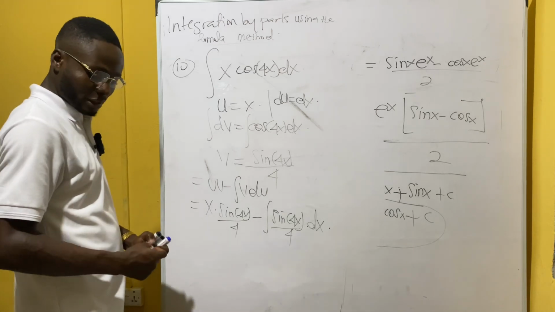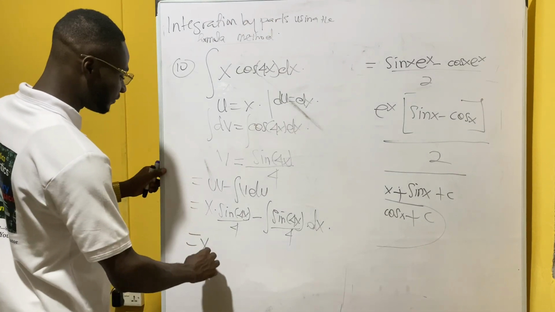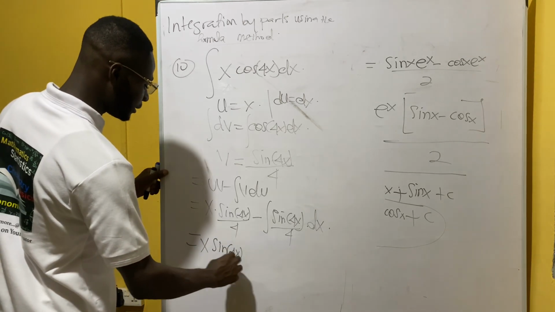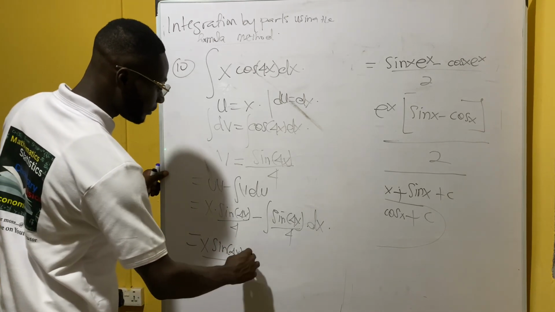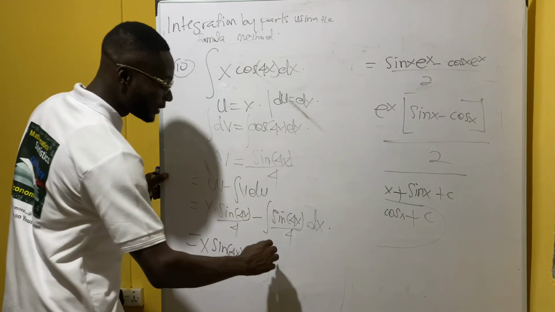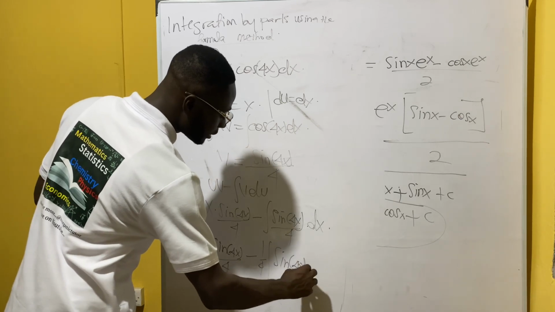So right here we can clearly see that we are going to have x sine 4x all on 4 minus 1 on 4 integral of sine 4x dx,